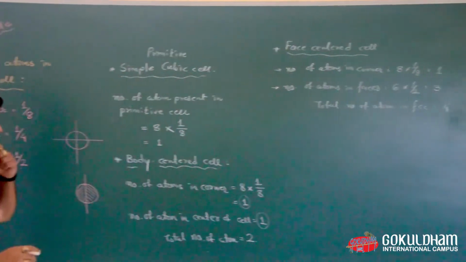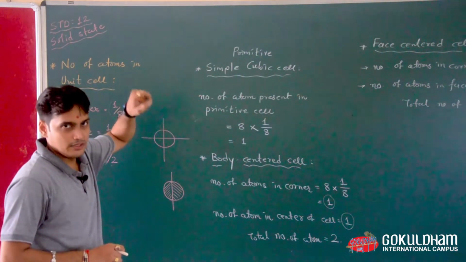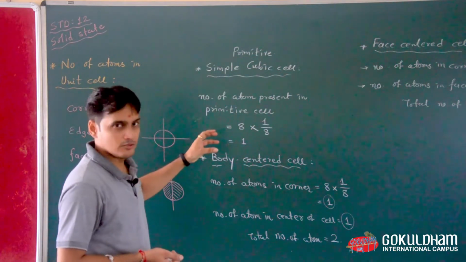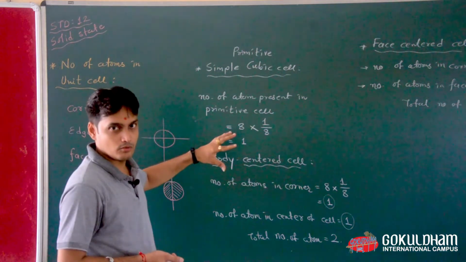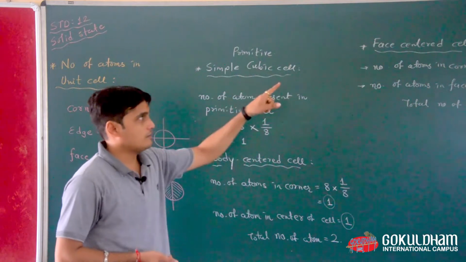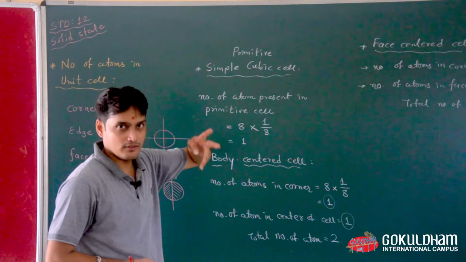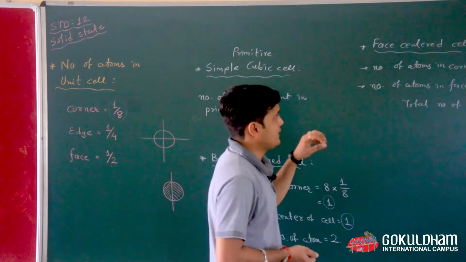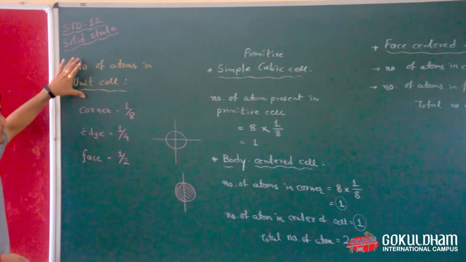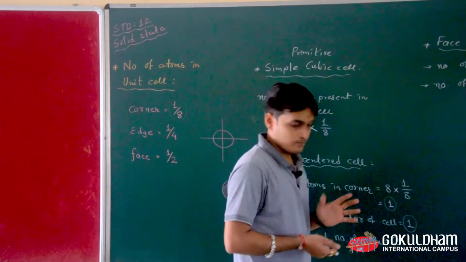These are the standard values for these 3 major types of cubic cell, and you can remember them by one song: 1 to ka 4, 4 to ka 1. The simple is 1, body centered 2, face centered 4. So we can say 1 to ka 4, 4 to ka 1. You know the song very well. This is the basic and simple theory for the number of atoms present in a unit cell.